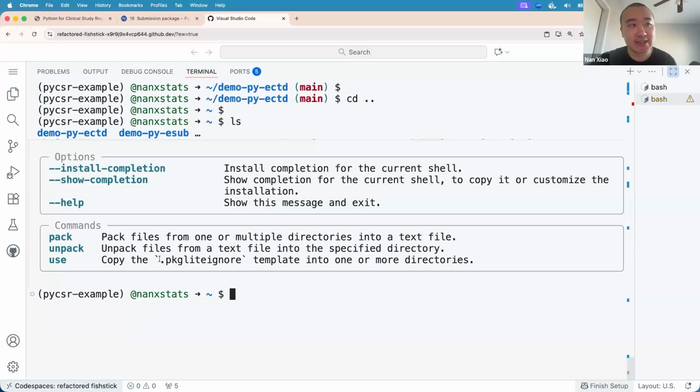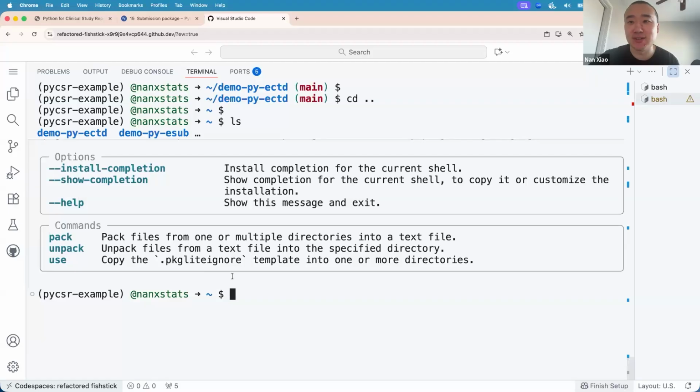By supporting a .packliteignore file format or standard, we can ignore certain files we don't want to include from your original source Python package in the end result. It also follows the exact standard used in .gitignore.